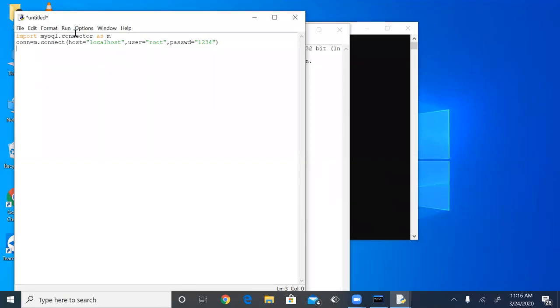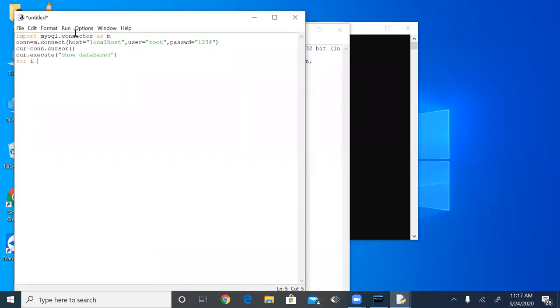SQL. After that, specify the cursor equal to connection.cursor. Here I am placing the cursor at that particular location where I want to fetch the records or execute the query. After this, by using the cursor, I am executing the query related to show databases. Yesterday we created the databases.